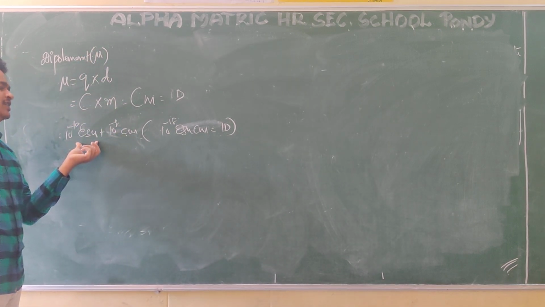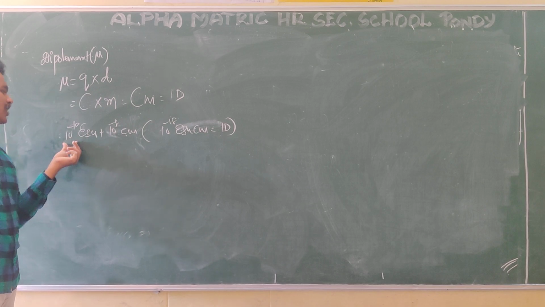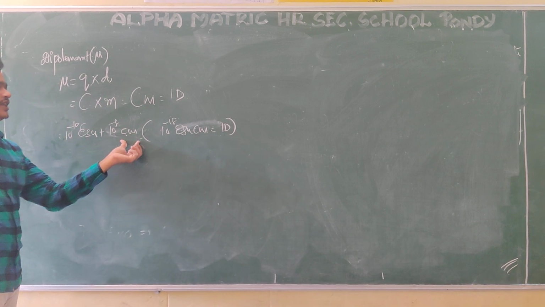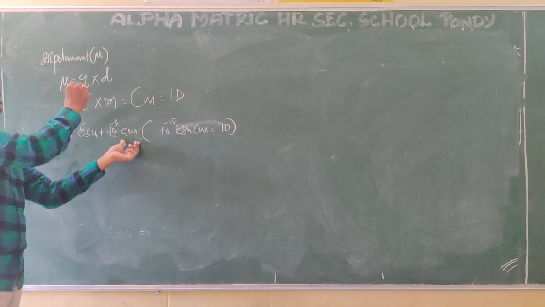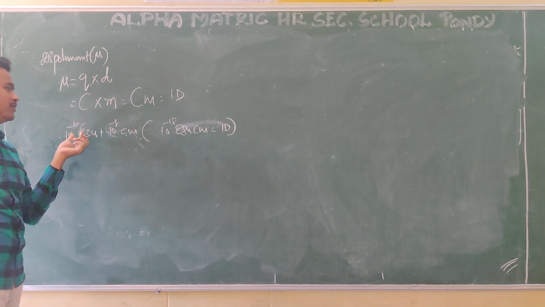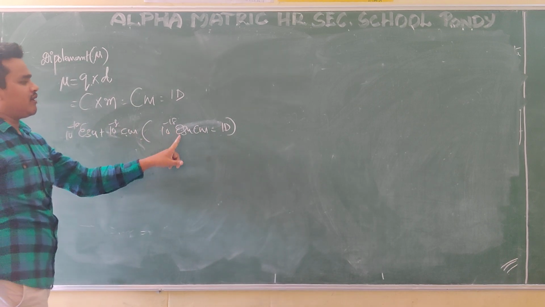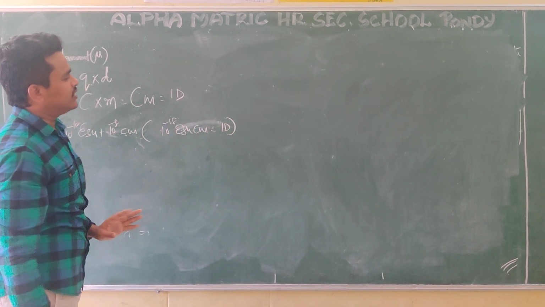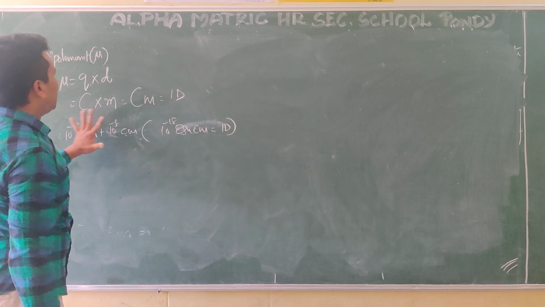And if it is in electrostatic units, this is the order. Any electrostatic units you are taking, 10 power minus 10 will be there. Any centimeters you are taking, whenever you are talking about dipole moment, 10 power minus 8 will be there, commonly called 10 power minus 8 esu centimeter. This is 1 debye. How is the dipole moment used?